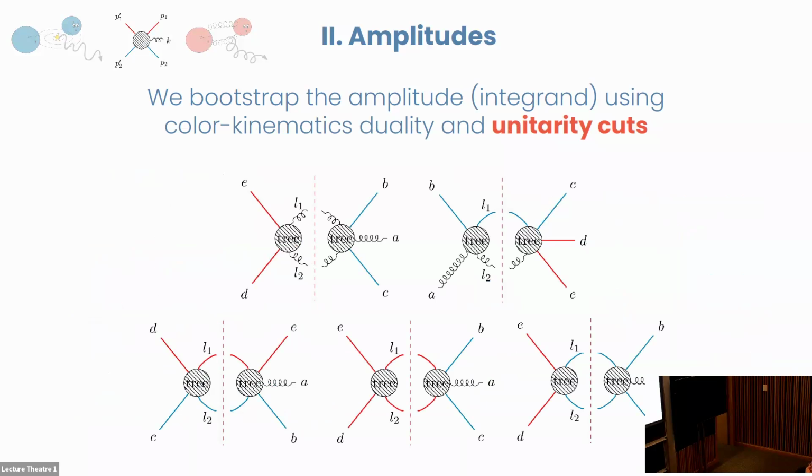Okay, so that was the color kinematics part of this bootstrapping. And the other ingredient is essentially these unitarity cuts. And what that means is that we want our amplitude to factorize into these lower point amplitudes when we set propagators on shell. So here you see the 5 2-point cuts that you need to find this amplitude. And we take these internal propagators and we put them on shell. And we make sure that they factorize into these tree level amplitudes. Yeah, I don't know if there's very much more to say here.